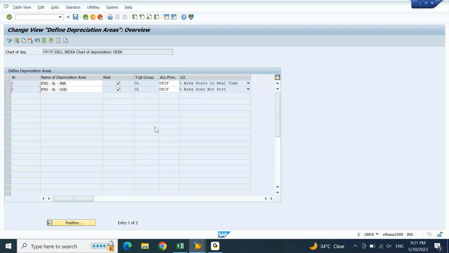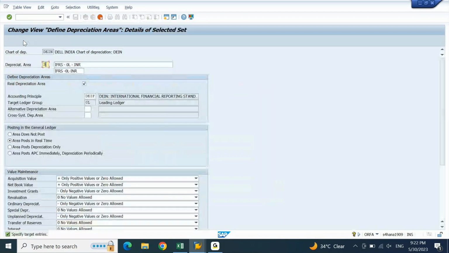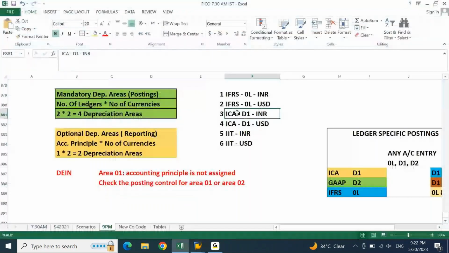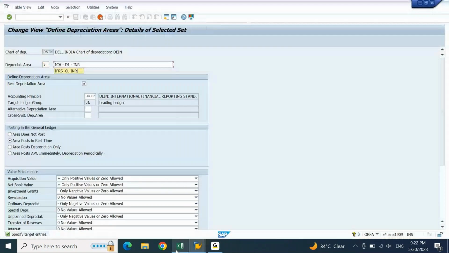Now let us copy these two and create them as 3 and 4. Click on these two, copy, make this 3. For 3, the description is this. Copy this, put this here, ICA D1 INR.